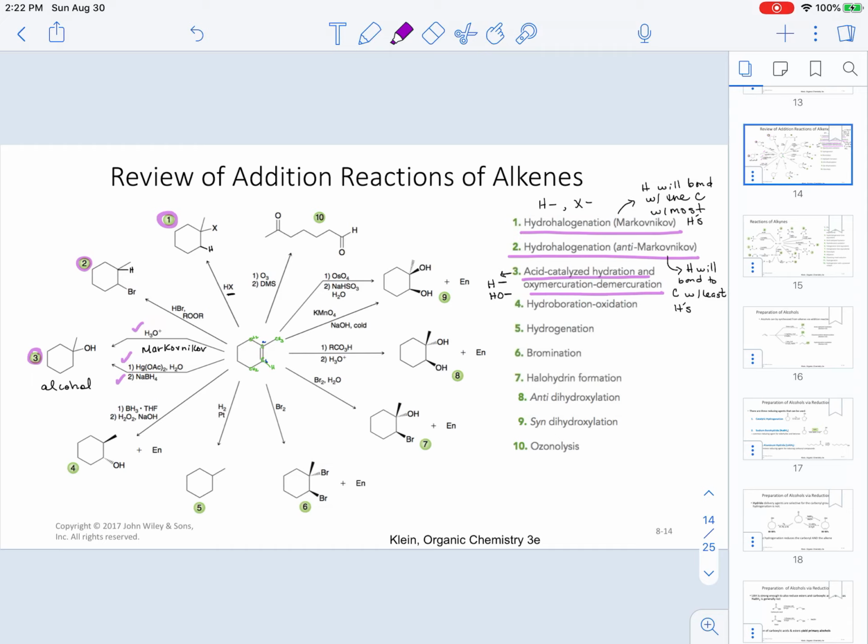On reaction number 4, we have hydroboration oxidation. In hydroboration oxidation, similar to the previous reaction, we are going to be producing an alcohol. One of the things that is not illustrated here is the hydrogen that was incoming in the process, but I just decided to write it in. One of the most important things to remember about hydroboration oxidation is that in this case, this is going to be an anti-Markovnikov